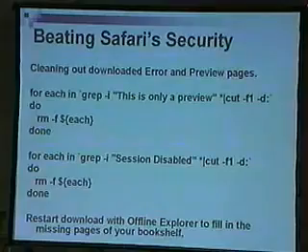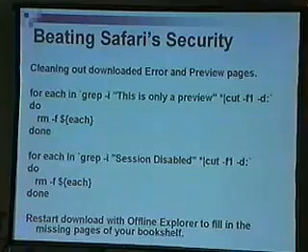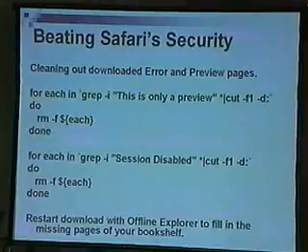And if you want to delete the pages that have errors, you just search for all the files that have "this is only a preview" or "session disabled" and delete them. You then start up Offline Explorer again. It's going to parse the HTML files, and if you're logged in correctly, it's then going to get those pages in the full version, and it's not going to have to re-download the successfully downloaded pages. O'Reilly could actually get around this pretty easily just by putting those strings in a comment in every single page. I have a feeling they'll probably do that, but there are still other ways to get rid of the preview pages. You just use a bigger search string to get around that.